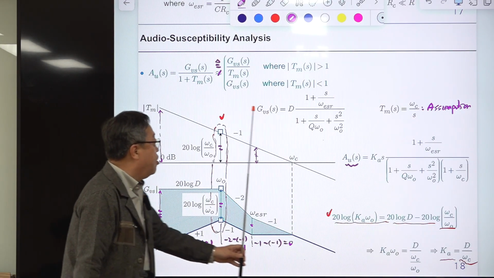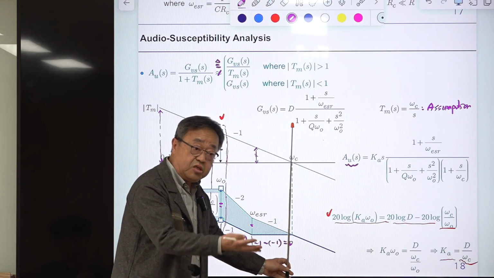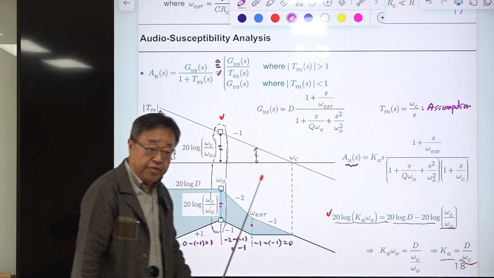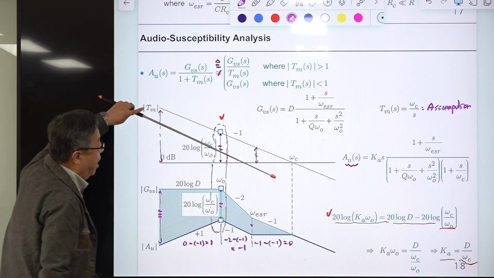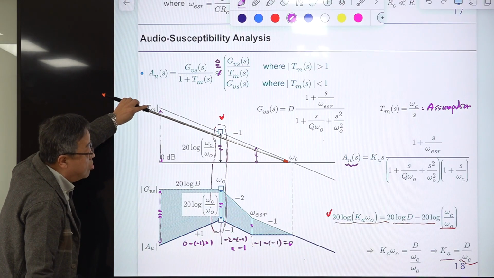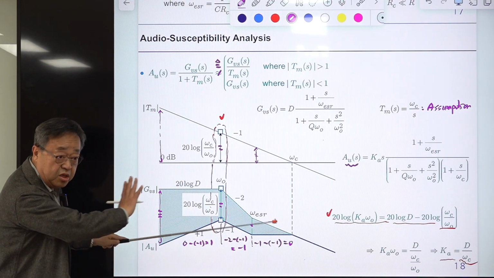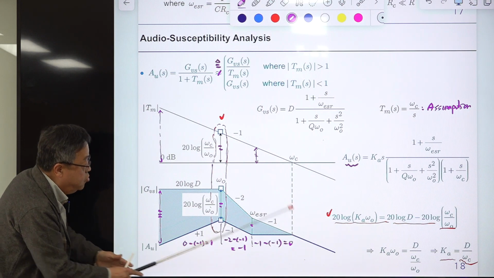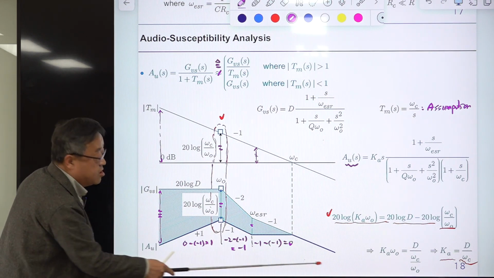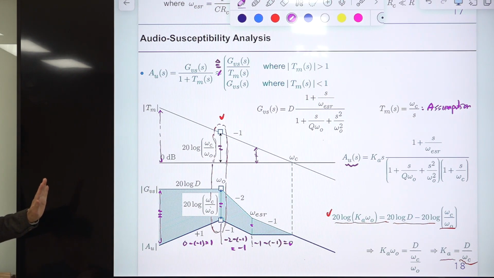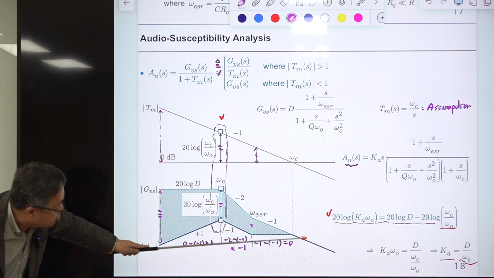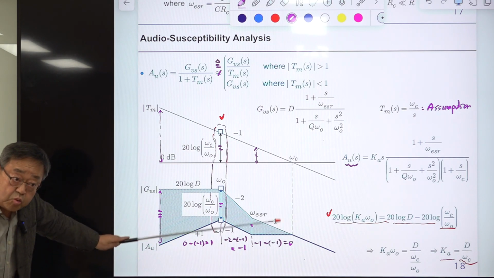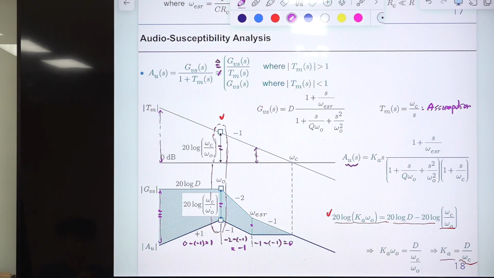Another one is after this frequency, this attenuation factor is gone because the magnitude of loop gain is smaller than unity. Then this effect is gone. Okay. You didn't improve this area, but that's okay. All right. So ideally, you improve this to make these things zero out of this picture, but that is impossible because of this fact.